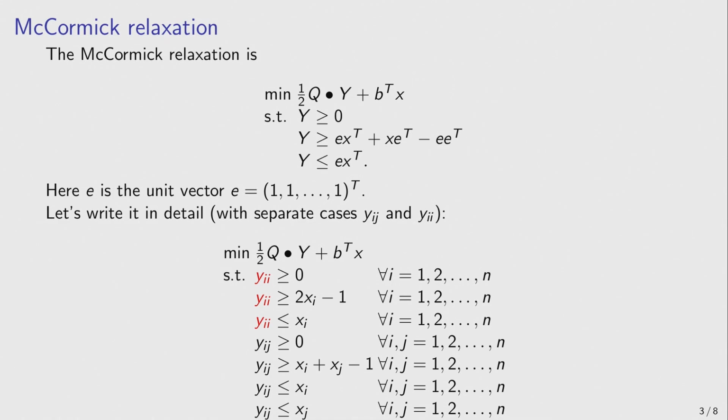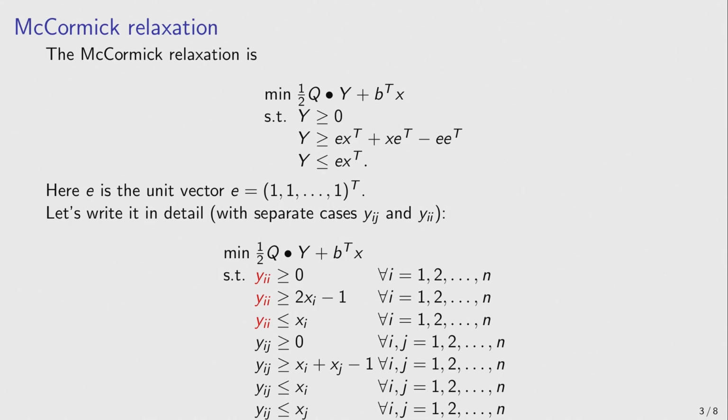So your set of constraints y equals x x transpose are bad, and you get a linear relaxation, actually a linear set of constraints, through the McCormick inequalities. In matricial form, the McCormick inequalities for the case where all the lower bounds are 0 and all the upper bounds are 1 can be easily written this way. This is a matricial form. If you want to write them down for each auxiliary variable yii and yij, then those 7 classes of constraints